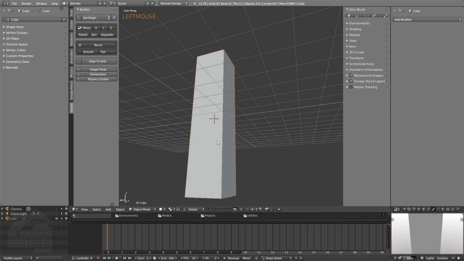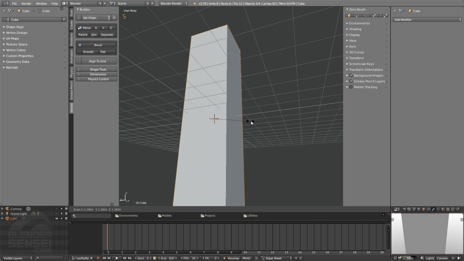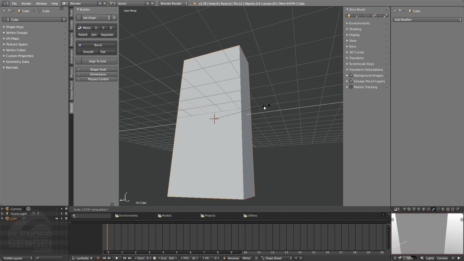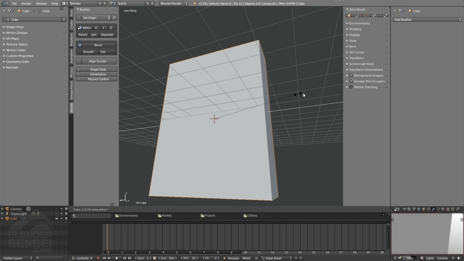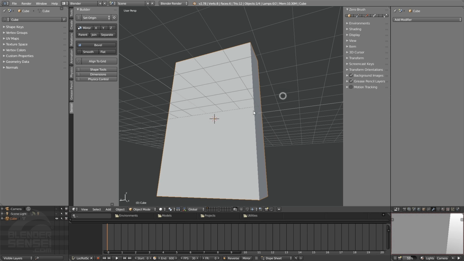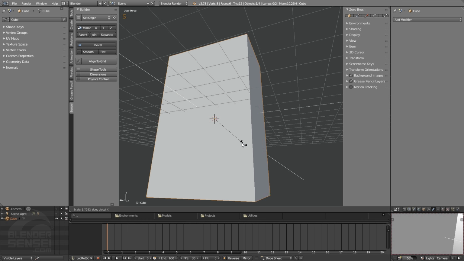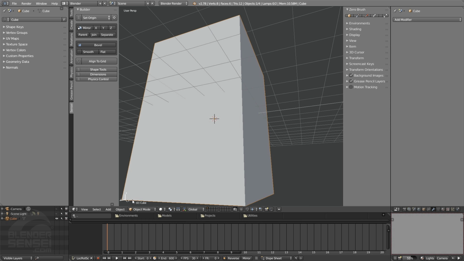And if I close that up, you can easily see that this direction is pointing to Y, so this is Y. So if I were to press S to scale, and I wanted to constrain this to the Y axis, I would press Y, and I would automatically know which direction it was going to scale, because I know that this line here is similar to the center grid line here. Likewise, if I wanted this to go in the X direction, I press S to scale and then X to constrain it to the X axis,